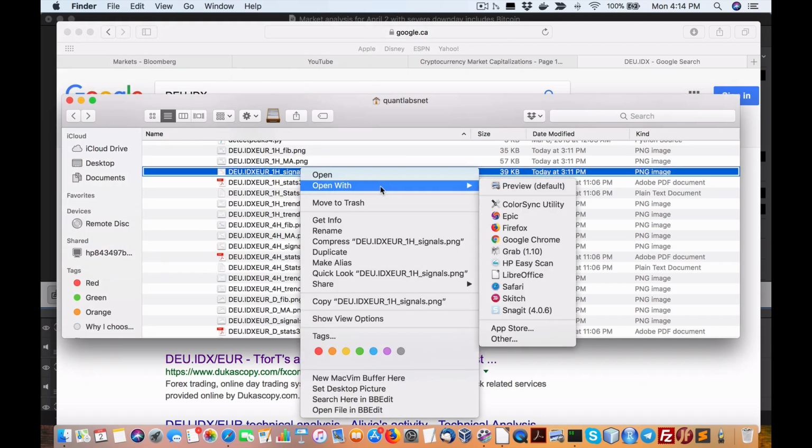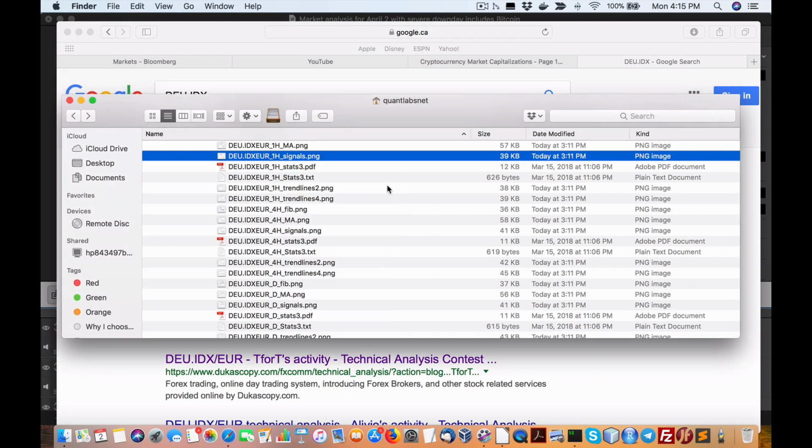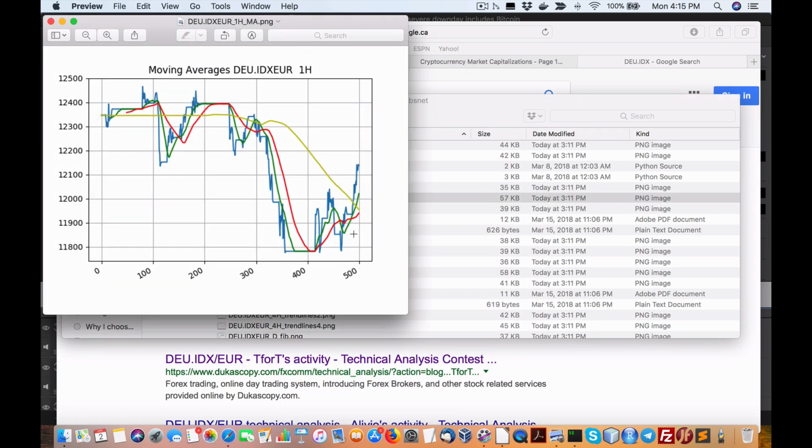Let's see what I have here on the hourly buying signal. Ooh, some momentum starting to build here. This may be a decent intraday opportunity. So we know on the 4-hour we had a buying opportunity there, and you definitely can see that something's going on. But again, when you look at the